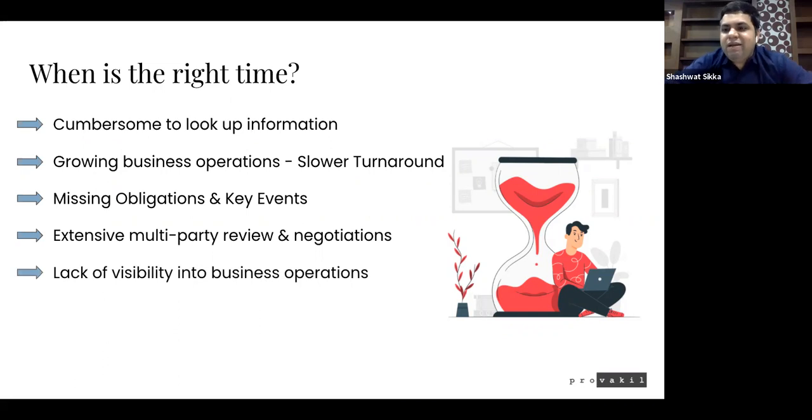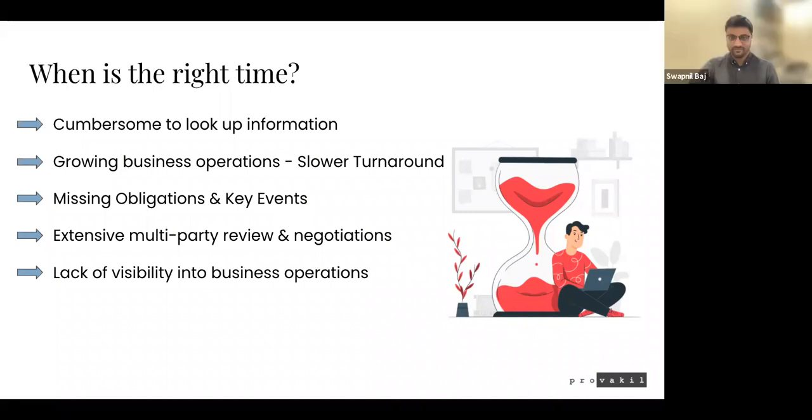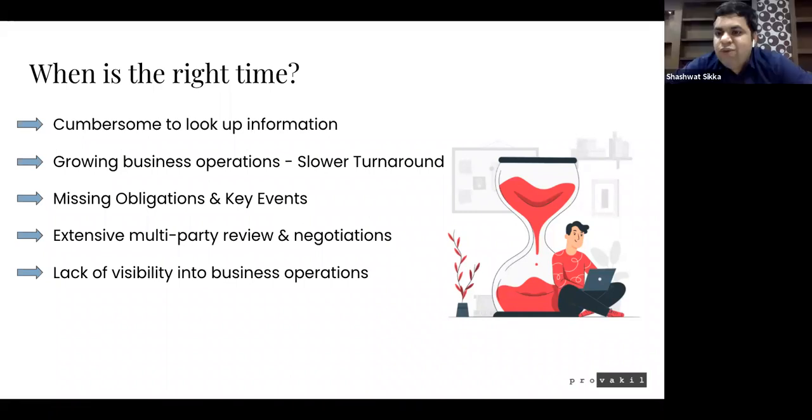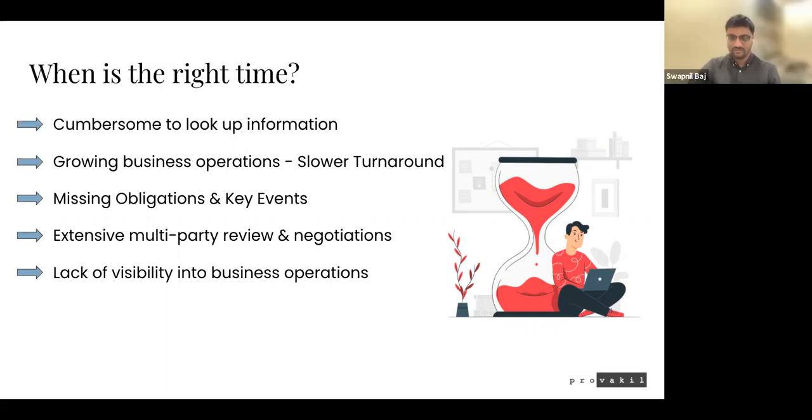And then finally, if you're in the senior management in a company, and if you today don't have a view of your company's contractual obligations, how many vendors you work with, what the payments are that go out to those vendors, at what frequencies, how many risky contracts you have, how many contracts you have in which region? If you don't have clear visibility into your contracts, then in some way you lack a certain amount of visibility